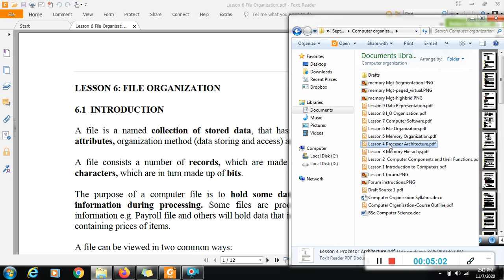Therefore, we have interrupt handlers. I mean, you can read further for yourself to remind yourself. In lesson 5, we had memory organization. Now, memory hierarchy, memory organization. In memory organization, we revisited a little bit to do with memory hierarchy, but then we went into the components